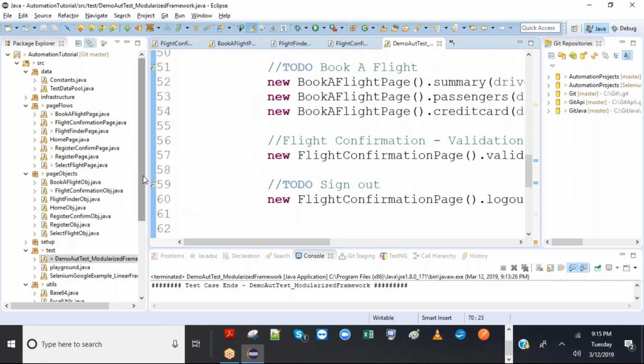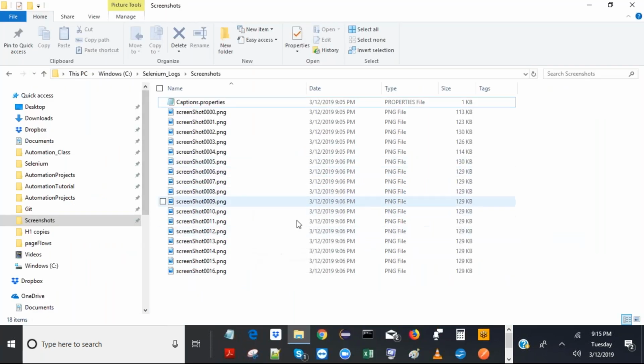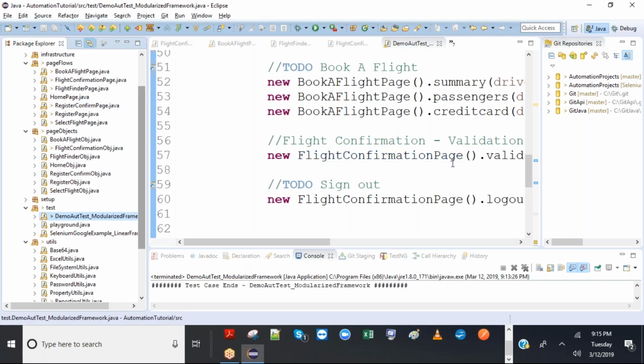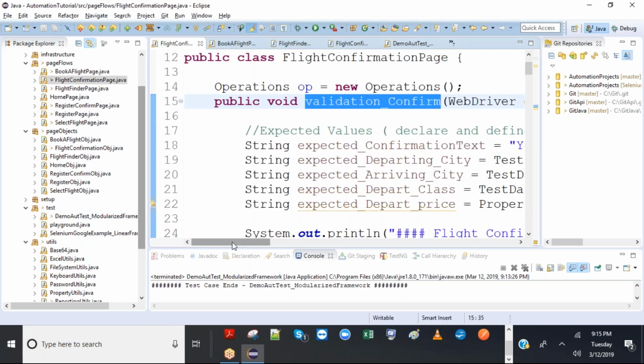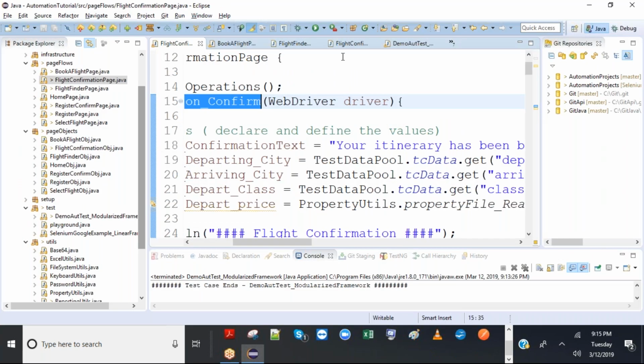So that's next. That's all for tonight, guys. The screenshot mechanism is important because the reporting is important, and we have to remove all these extra screenshots. So why don't we remove them right now? And for your homework, just work on this final confirmation page.